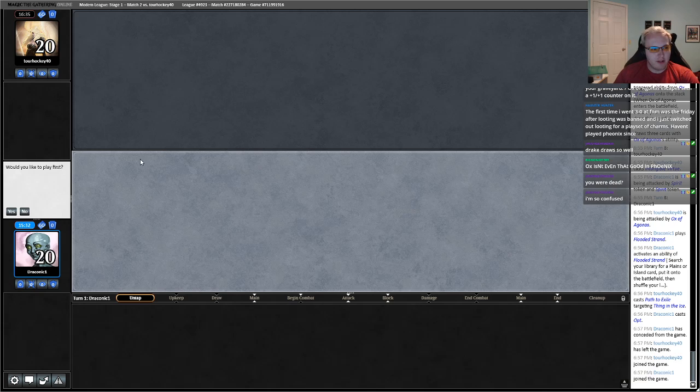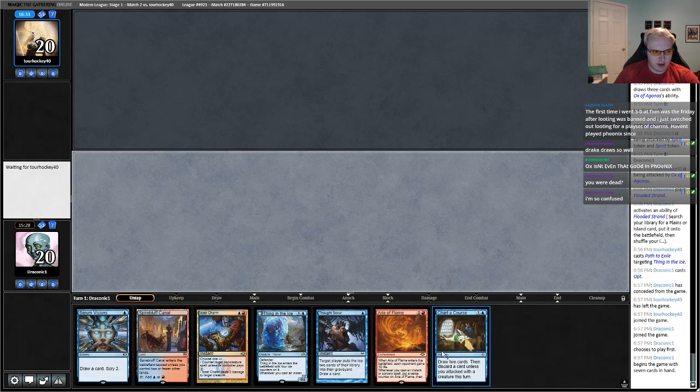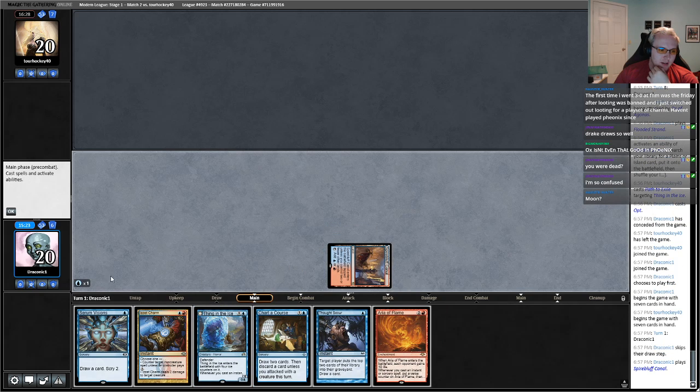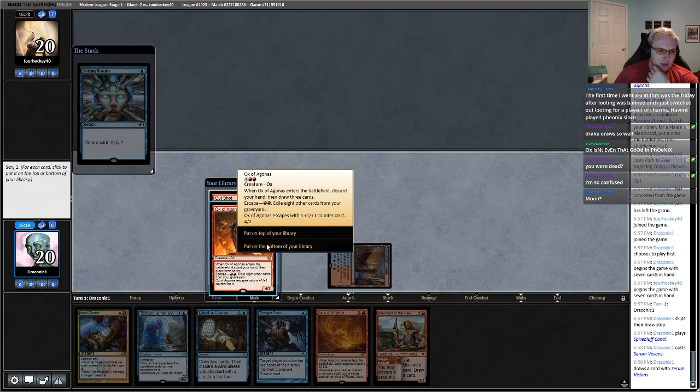Ox isn't even that good. Phoenix? No, it looks really good. I mean, yeah, I'm going to keep this. Just needs lands. I'll keep a hand that just needs lands. Moon? Yeah, we still haven't... We've seen, like, 1 basic. I don't know. There's too many chonkers in my deck. Like, if we start putting moons and stuff in our deck...